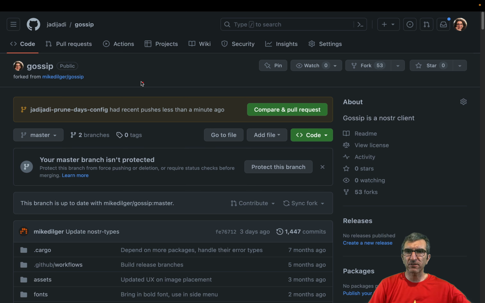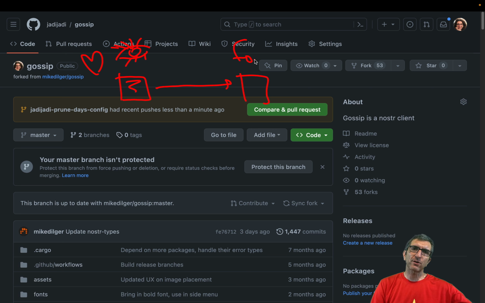What was the general process? I saw a project which I like. This is my I, and I'm liking this project. I forked it to my own space, Jadi. I cloned it to my computer. I created a new branch, worked in that branch.